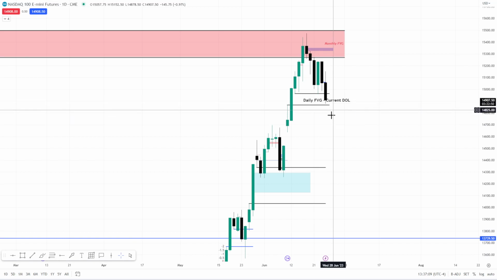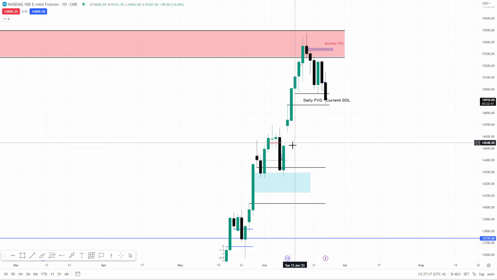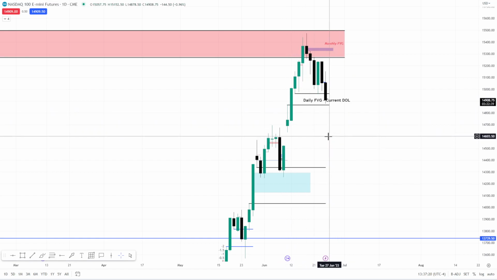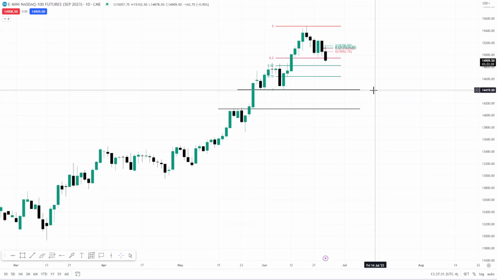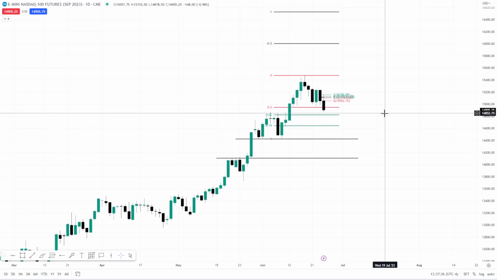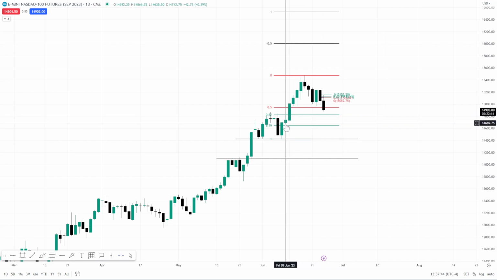And who knows, we could have Wednesday J Pow talk, get a little overlap back up and start moving into here. And then we could see 146.89 on the daily. What was that on here again? Nope, up here. 146.89. So that's kind of digging into this order block here on the